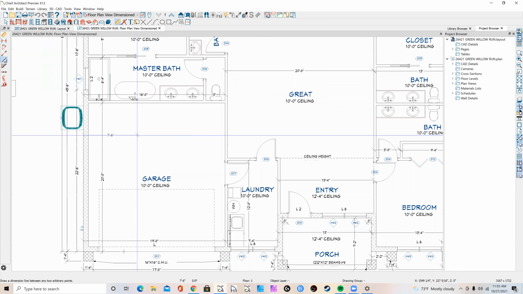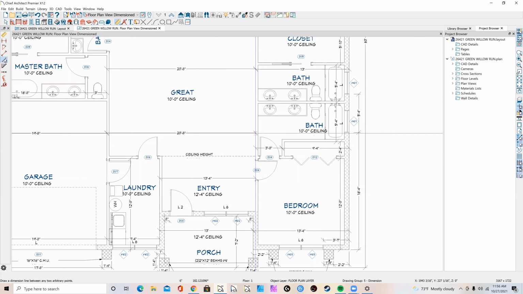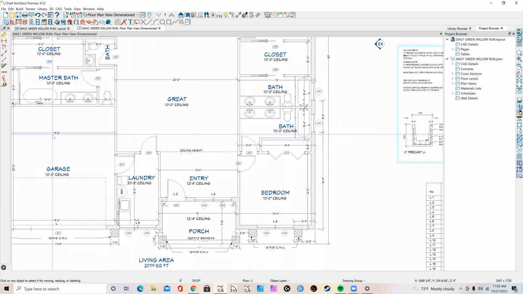And then you just click on the edge and drag it across. And then you're going to click on the edge again and drag it across. And click on the edge again and drag it. And this time when you drag it, you go to the outside of the house. As you can see here, you have this